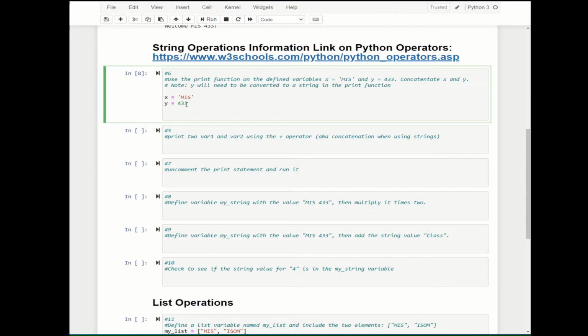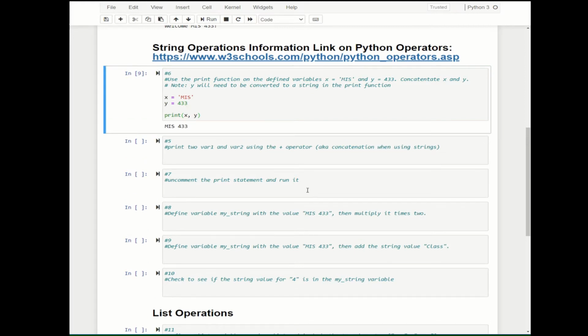But here it's saying to use a print function on these defined variables. So if I say print x comma y and run this, I'll have MIS 433. So it actually ran. The way that I did this ended up working because I separated both of these variables by a comma. Now if I didn't use this comma and I want to use the concatenation method, this involves using the plus sign,